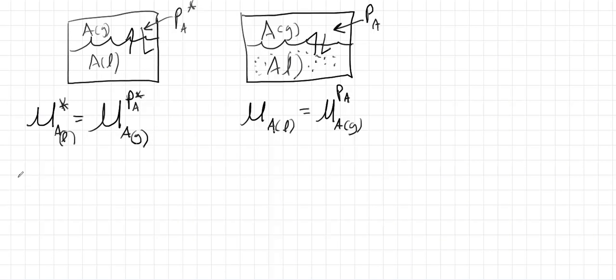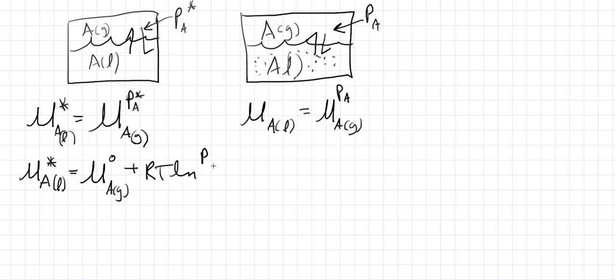So let's go ahead and rewrite that on this one first. We still have on the left-hand side the chemical potential of pure A, but on the right-hand side we're going to relate the chemical potential at the vapor pressure to the chemical potential of the vapor at 1 bar. So we have RT log of the pressure, the pure vapor pressure, which is the pressure that it's actually at, over 1 bar, which is our reference pressure. So this just says the chemical potential of this gas at 1 bar